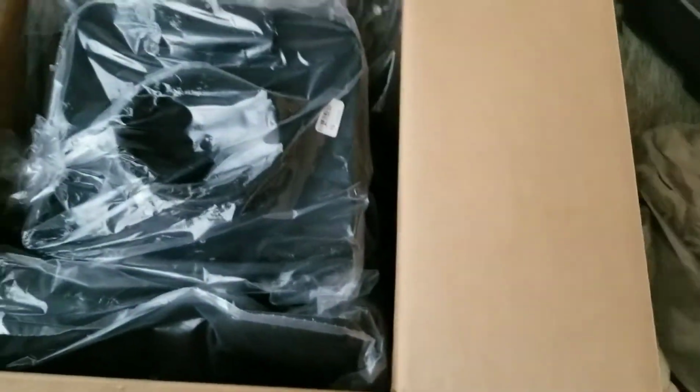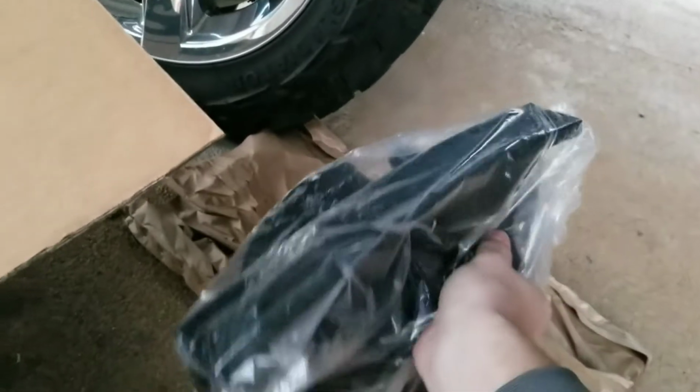Now this thing is going to look so much nicer in here because it's way higher quality. This looks like what will connect to the actual snout to where inside the box where the air filter goes here. A couple of rubber couplings. Man, I didn't realize it was going to be in this many pieces. I kind of hope that